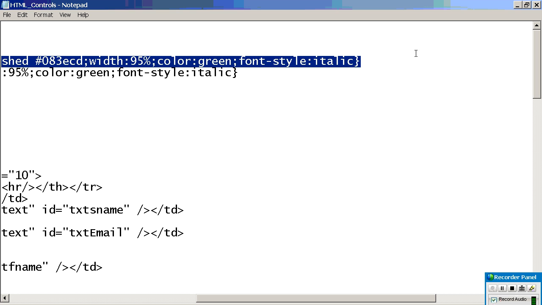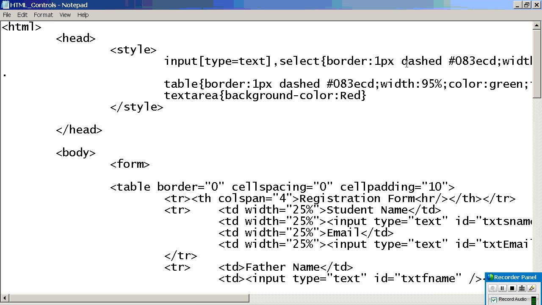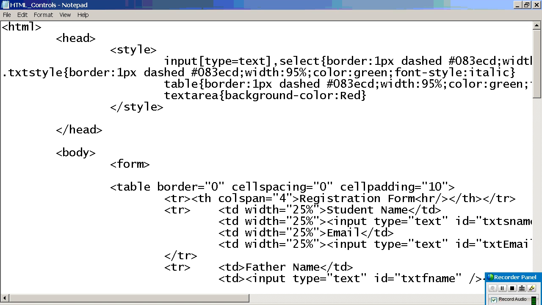Yes, okay, see here I am doing dot txt style. What will I give now? Imagine, logically we want to change.